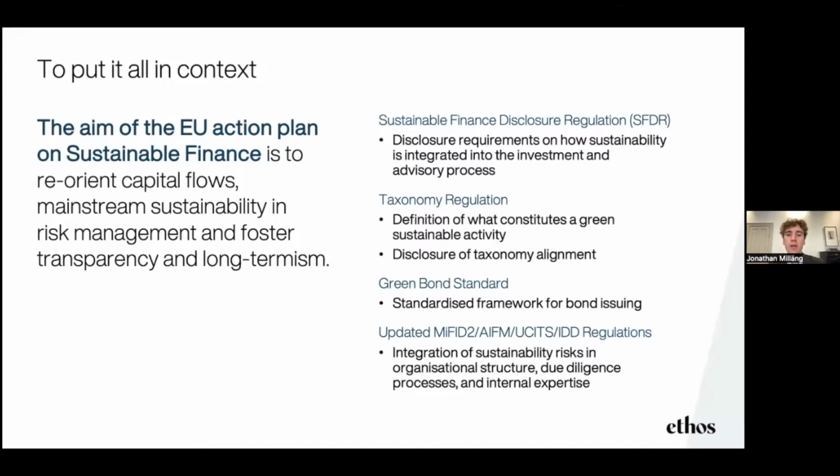We also have these updated financial regulations that have to do with integration of risk. Obviously here, the relation to the taxonomy regulation is that the areas that the taxonomy includes, pollution, water, climate change adaptation, mitigation, biodiversity, etc., are all areas that you will have to report on as a listed entity within the CSRD, and also how you manage that risk. So how a financial entity or product will assess a listed entity and how they manage risk will also be based on how they manage these areas within the EU taxonomy.